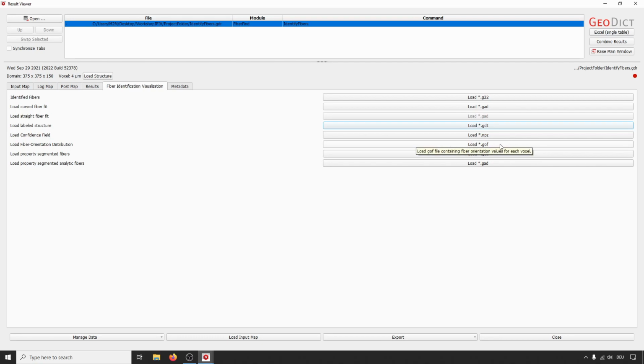What might also be interesting is to have a look at the grain orientation file, or not grain orientation file, GeoDict orientation file. I often confuse the G here, but we don't have grains, we have fibers.